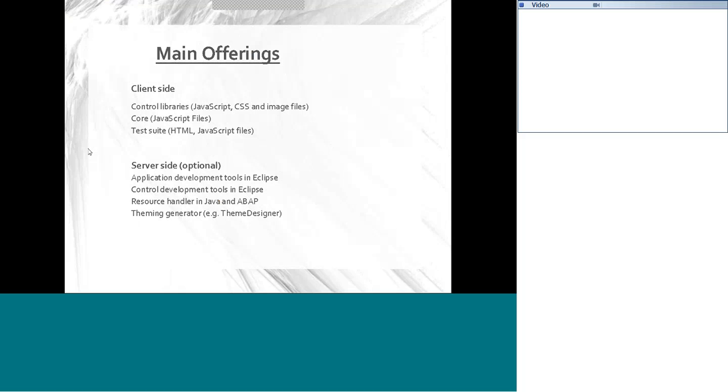And nowadays it has also created its own font. SAP UI5 has its own font. If you look at the SAP icons font, it is a new font in itself, which is provided for the client side. Then the code is always in JavaScript, and it also provides some test suites as HTML or JavaScript files. The server side, which is currently optional,